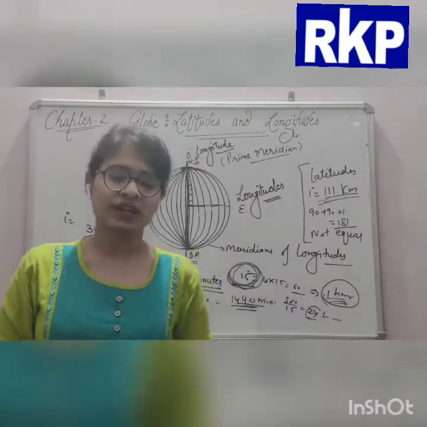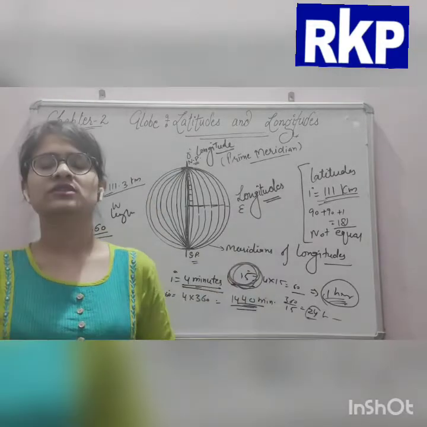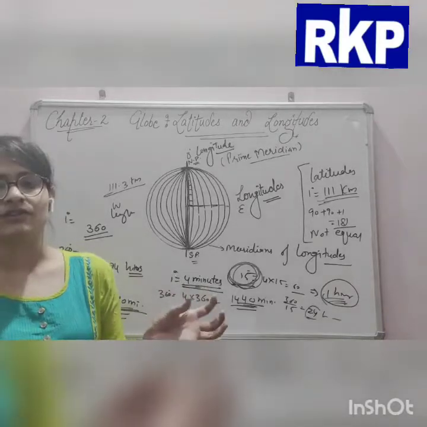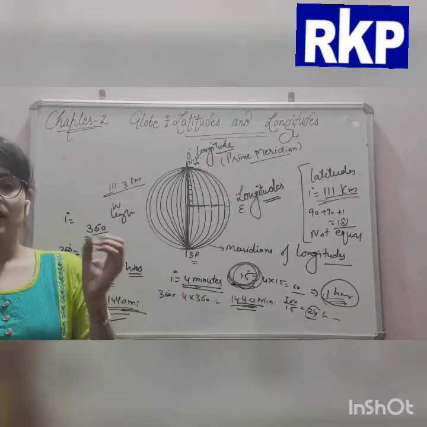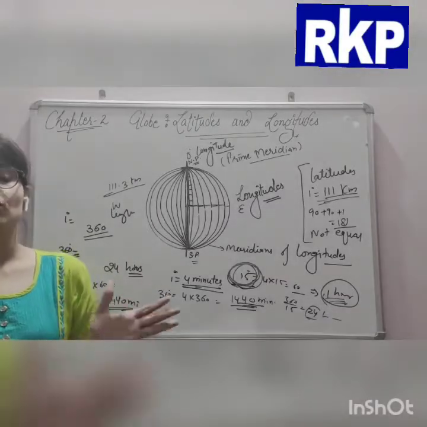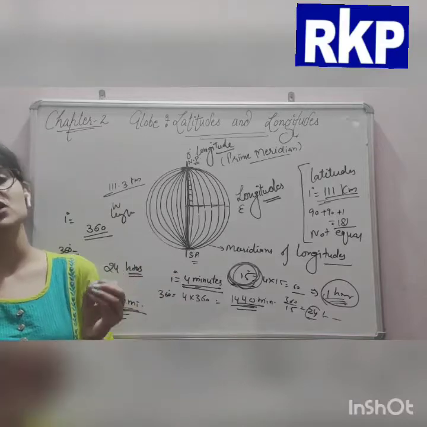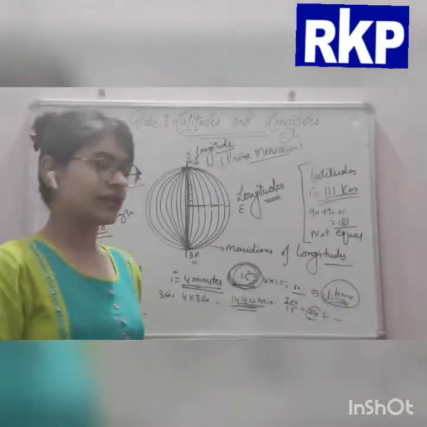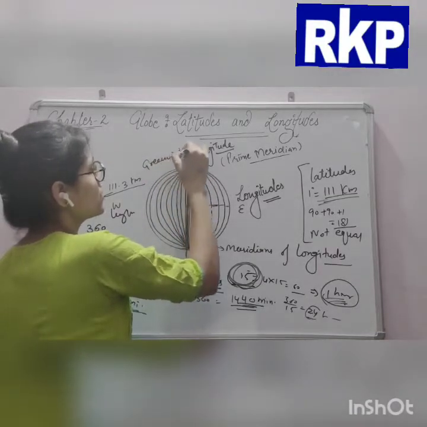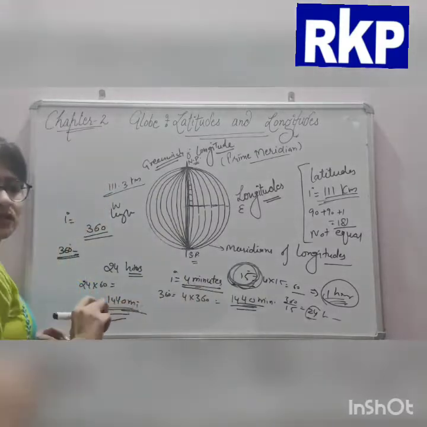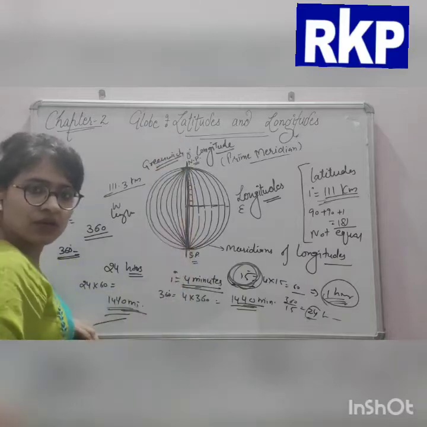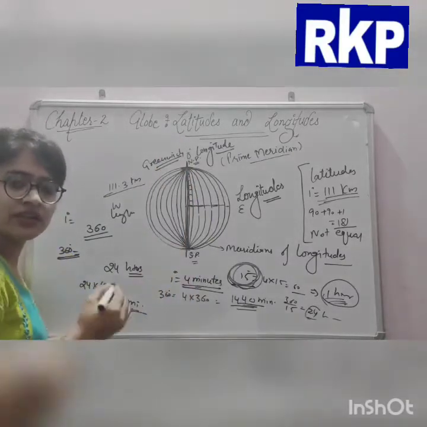Okay, many years ago, all the countries decided that the count should begin from the meridian that passes through Greenwich, where the British Royal Observatory is located. This is Greenwich, from where it is passing, and there the Royal Observatory is located.